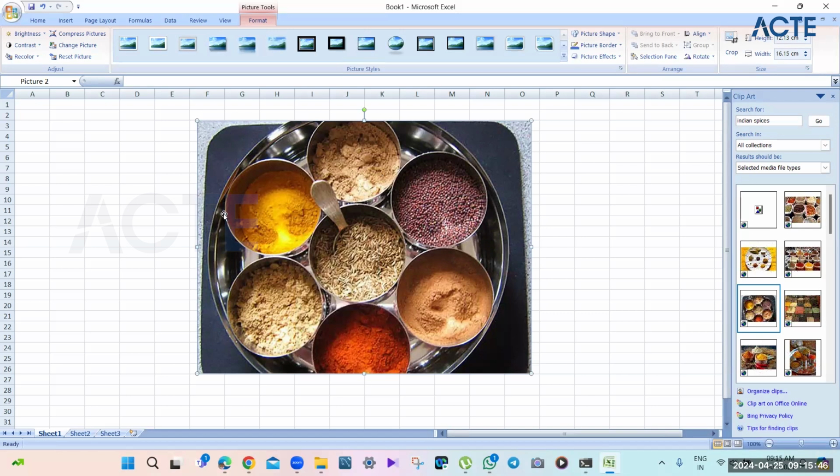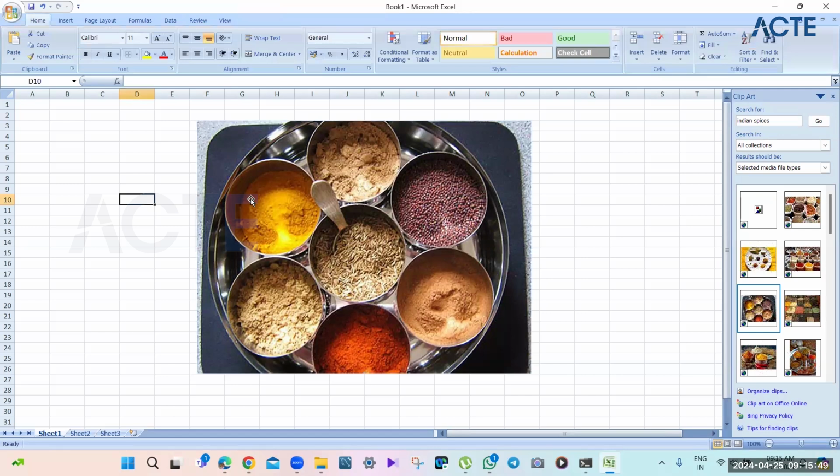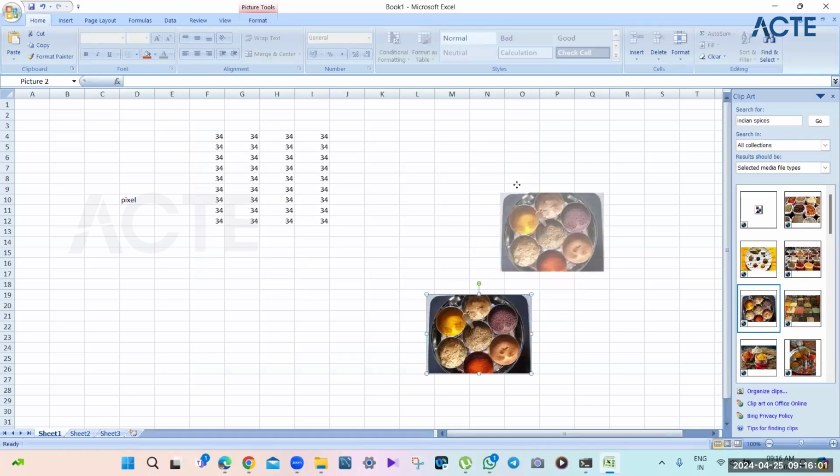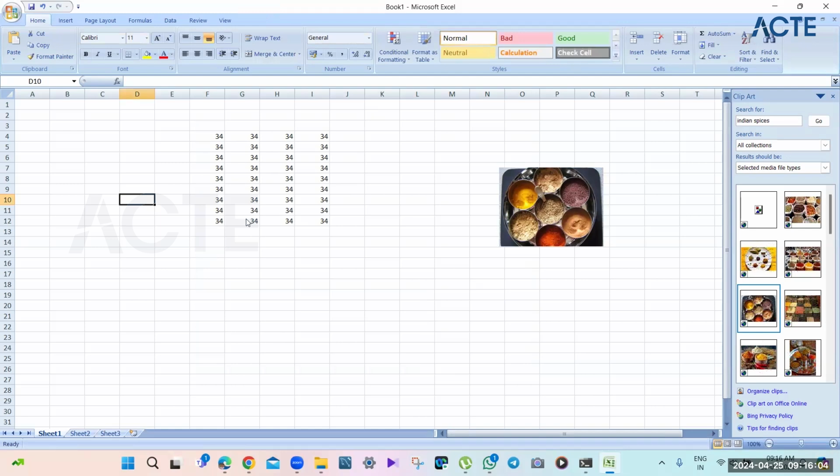Now this will be converted into pixels. If you know this term, this will be converted into pixels. Now, what is a pixel? A pixel is essentially a small value which has a certain number in it. A pixel value lies from 0 to 255. These are individual values which lie from 0 to 255.